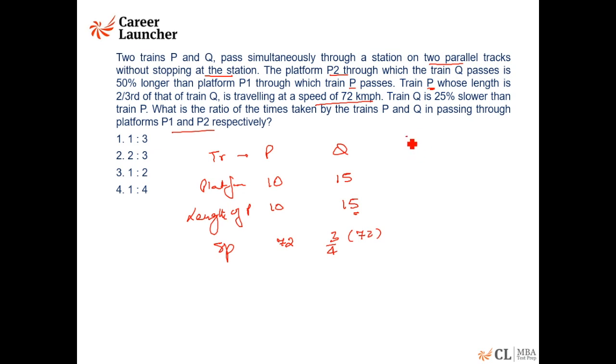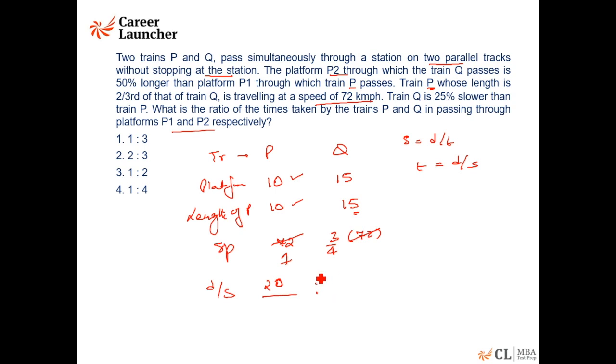It is inverse proportion. Okay, so speed is equal to distance upon time. So time is nothing but distance upon speed. So what is the ratio of distance upon speed for both of these? Distance is going to be 10 plus 10, 20. Upon, instead of 72, I am taking it 1. Why am I taking it 1? Because I'll take this as 3/4.